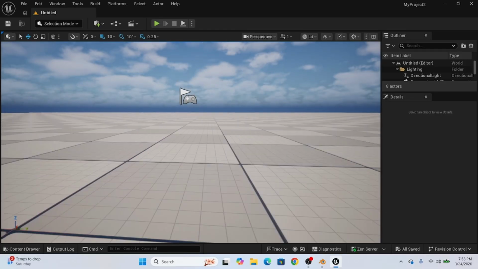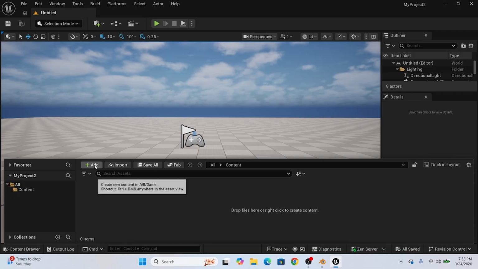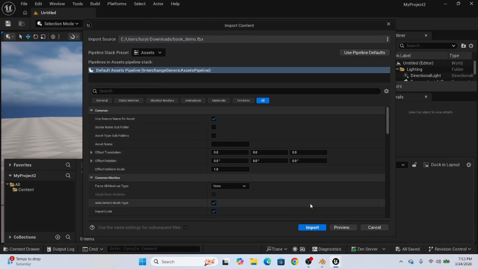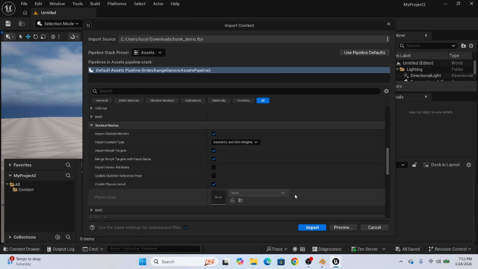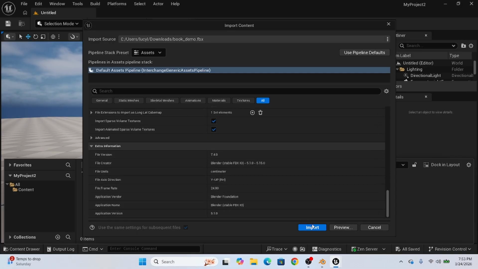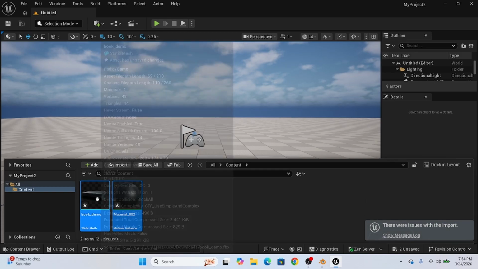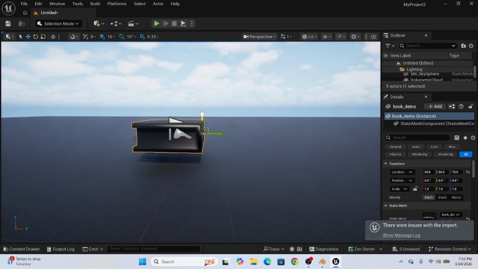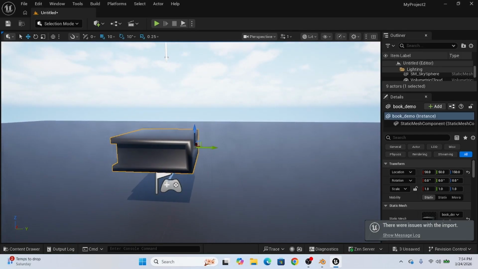And then, going in here, we're going to go to our content drawer. I'm going to import the current folder. I have my box. I think I'm just going to do a normal import. And yeah, it does come with a material. Is it the right material though? Okay, it just copied everything. It just copied the texture directly to